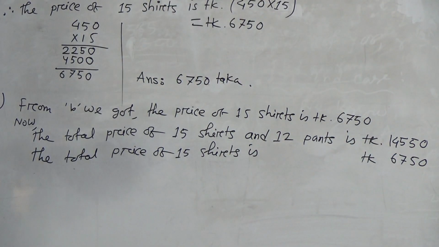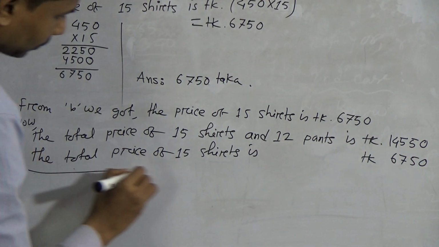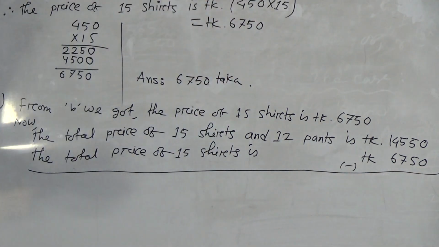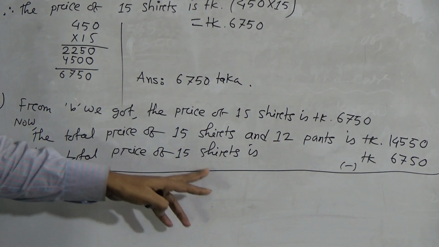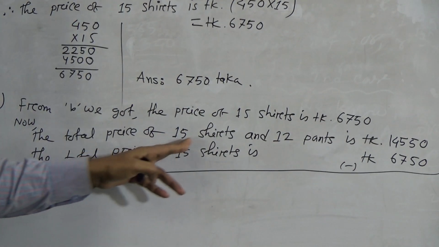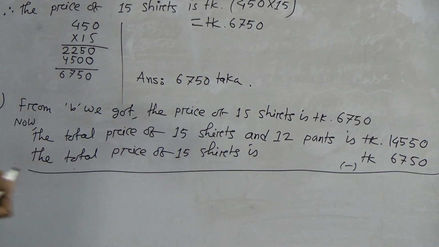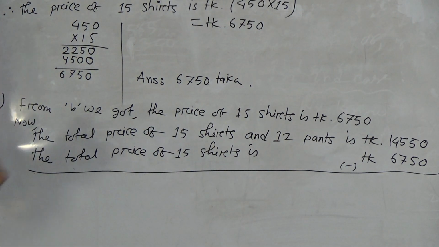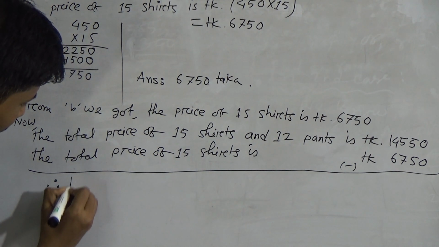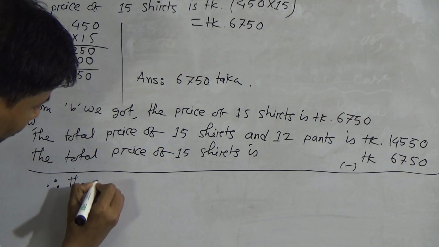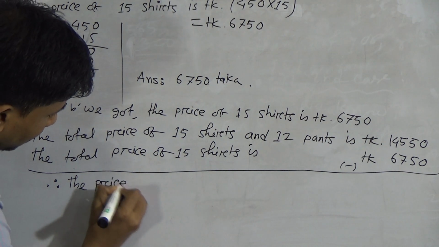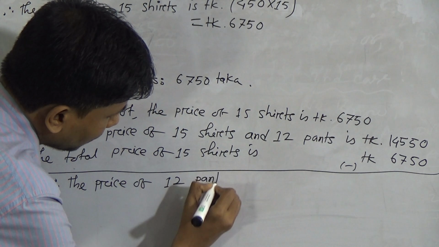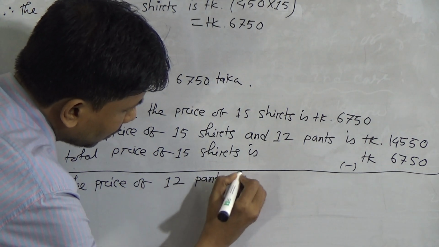Okay, now if we subtract the price of 15 shirts from the total price of 15 shirts and 12 pants, then you get the price of 12 pants. Okay, therefore the price of 12 pants